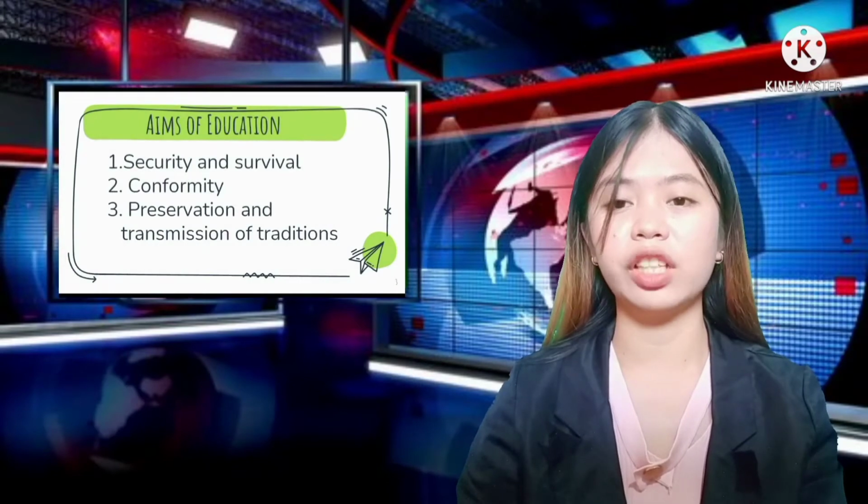Primitive education. Life among primitive or tribal people was very simple compared with the complex life that people have today. Their means of livelihood were hunting and gathering wild fruits and vegetables. There was no reading or writing, and information was transmitted through word of mouth, songs, gesture, ceremonial rites, and the like. Next is the aim of primitive education.